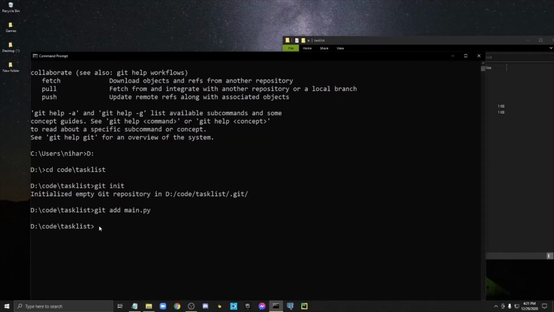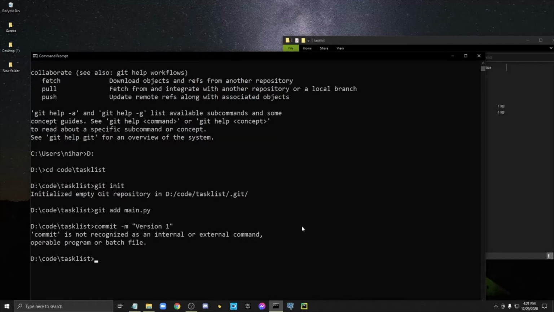And now I want to be able to push this main.py to GitHub. So the first thing I need to do is commit this main.py. And this is sort of like backing up main.py and kind of saving it as well, or saving the version. So here I'm going to say commit, and I'm going to say dash m or minus m and double quotes, and this is just a way to name the version that I'm committing. So this is version 1 because it's my first commit. You can also say commit 1 or first commit. So here I'm going to click enter,